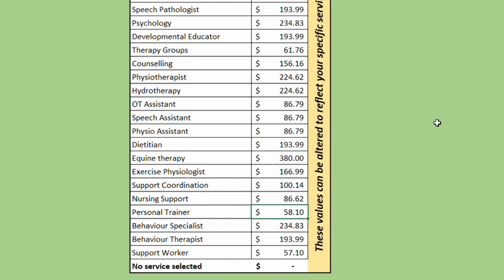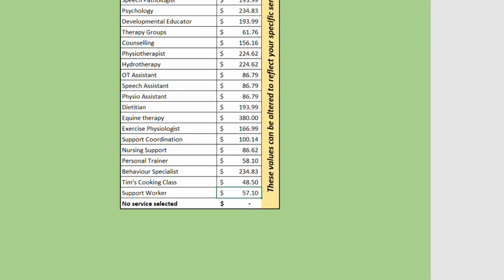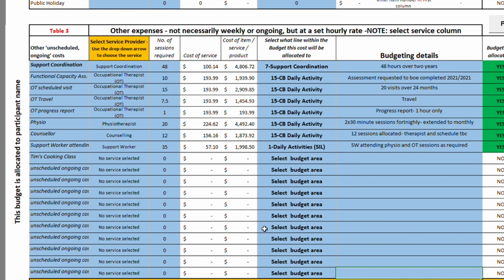This page is the Modify My Service Providers page. Here on this list you can change any of the providers that are on the drop down arrow on the previous page, and you can also enter in the hourly rate that they charge. So you can type in there like I am doing right now on the screen, and then you can head back up to the top, return to budget tool, and now you can go back and select the new service